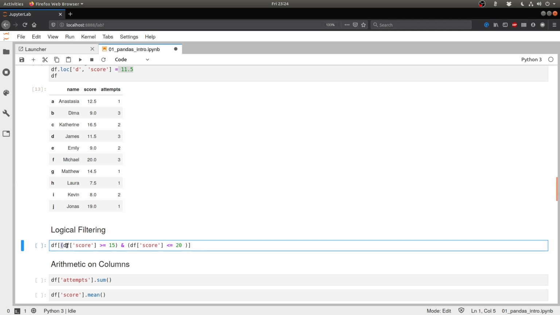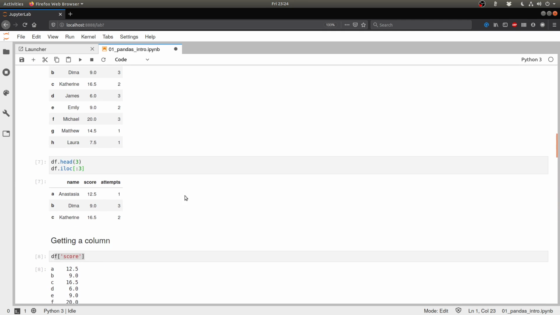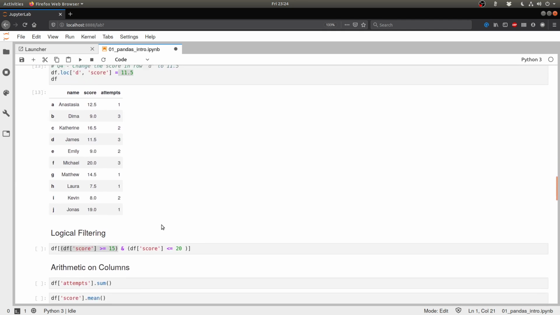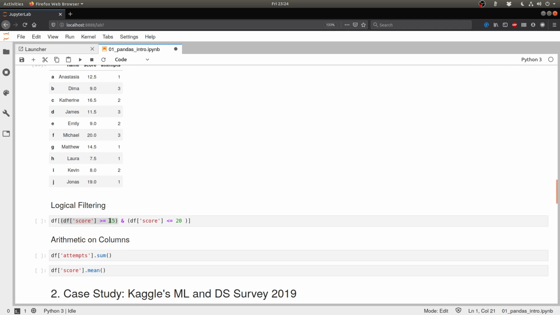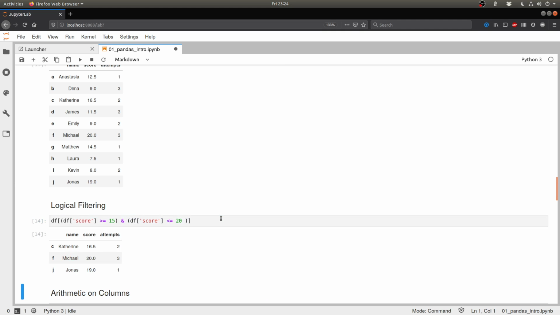So what we are saying is to create a Boolean value, just like we had over here, which contains true for all the scores which are greater than or equal to 15, and do a logical AND with another set of Boolean values for a score of less than or equal to 20. When we run this, we see that Catherine, Michael, and Jones are the only three people who got scores between 15 and 20. And if you verify this from the data, you will see that it is actually correct.